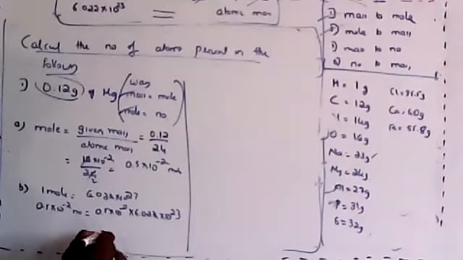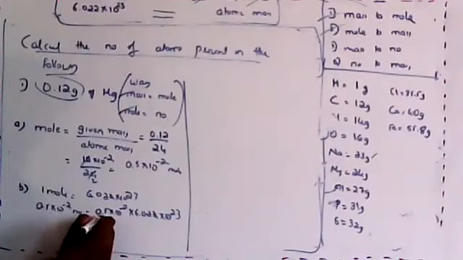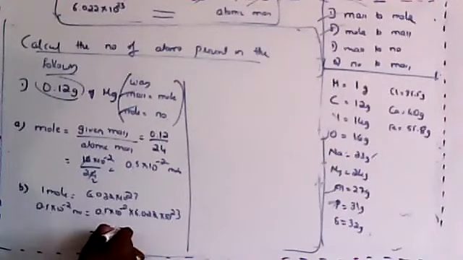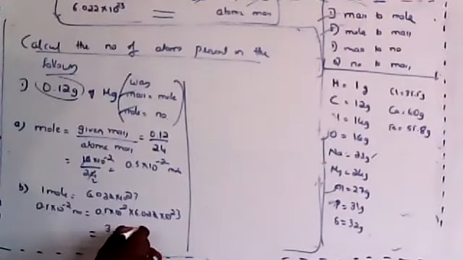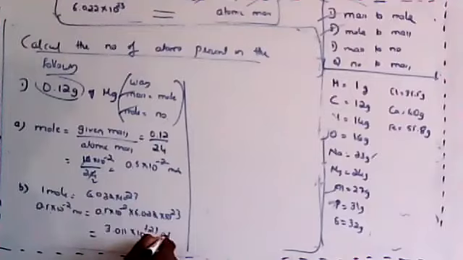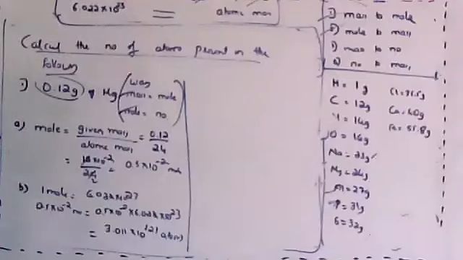So what will this number become? I'll just convert into 5 only, or 0.5 is okay. So it is 3.011 into 10 to the power plus 21 atoms. Anirudh, I think again there's a problem. Okay, now I think it is right. Dear students, have you understood what I've just done? Is that clear now?